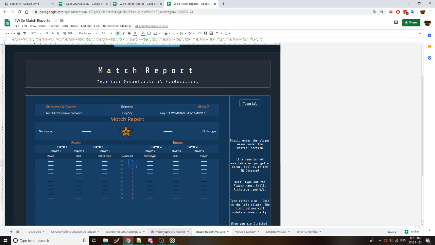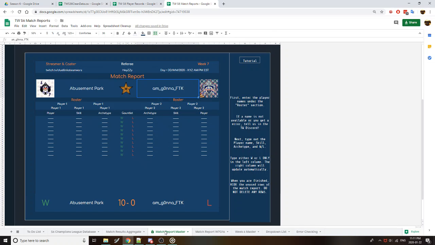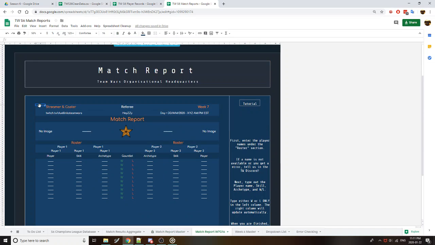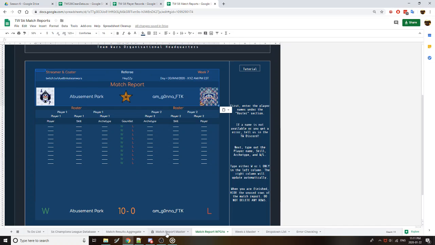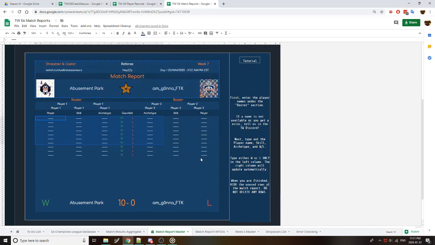Instead of renaming the one that is currently not named correctly, you just go and copy and paste in the information here. Same, you can just paste in the roster, and then